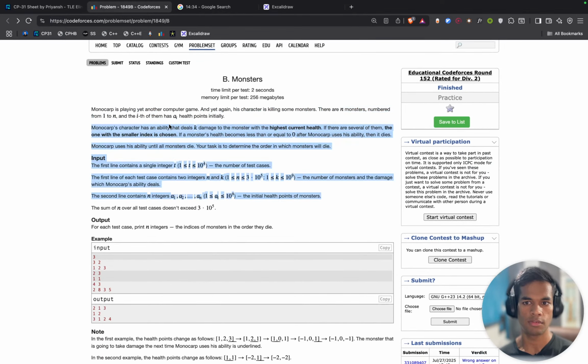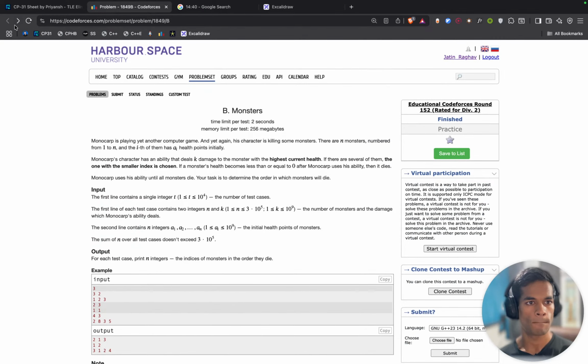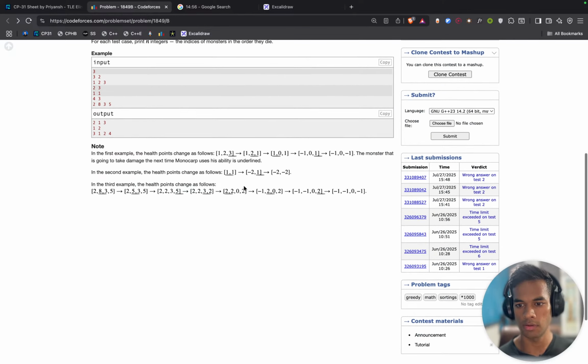Yeah, in this thing, it seems that the question is rigged. Yeah, one of the test cases seems rigged, but it is not possible. Custom test. It is not usually the case, right?